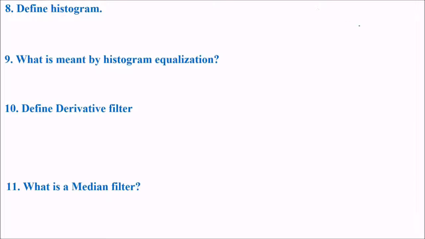What is a histogram? A histogram is nothing but the frequency distribution of the image. Say you have an image with certain digital values. I'm just taking an example, this is not an actual picture. 22, here 22, here 22, here you find 31, here 31. So I can draw a histogram. At point 22, I can draw a line of length 3. At point 31, I can draw a line of length 2. So this is a representation. This is the frequency distribution of the image. So a histogram is the frequency distribution.